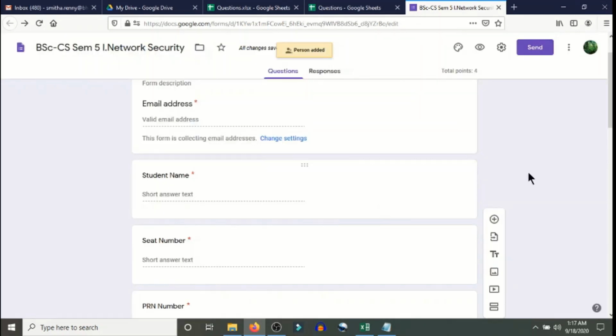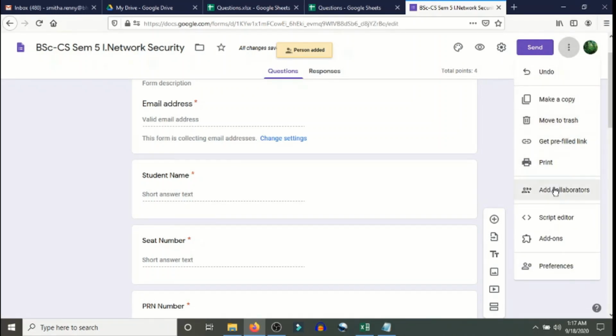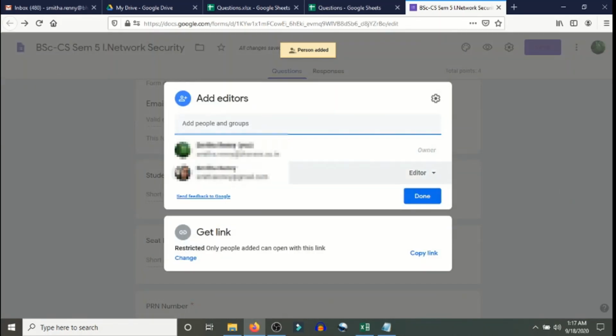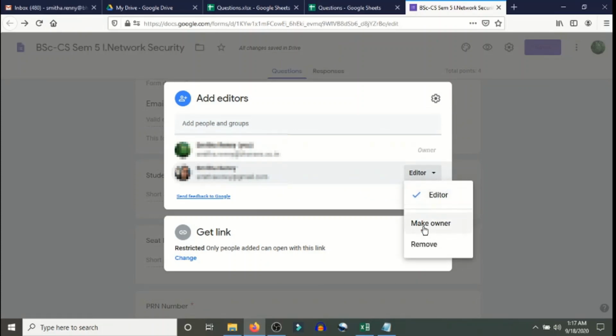Now we need to go back to the more button and click on add collaborators one more time. This time, for the mail ID that you've added, the exam department's mail ID, click at the right side where it says editor, click on the down arrow and make it the owner. So that email ID becomes the owner of your form.